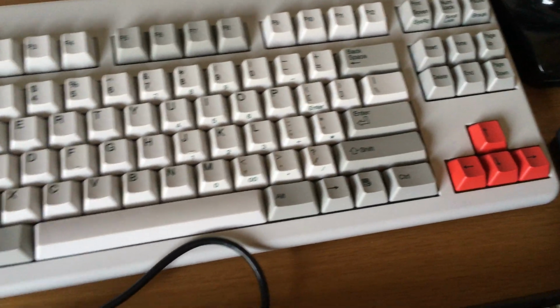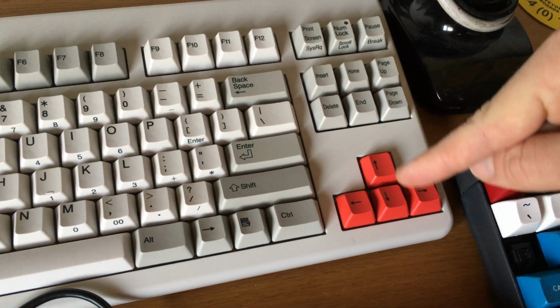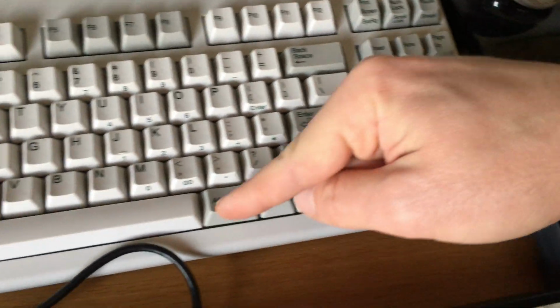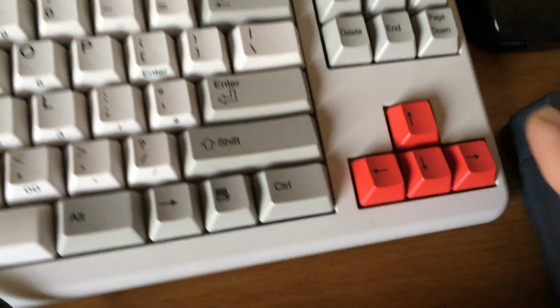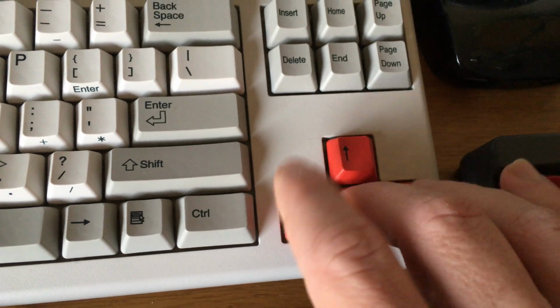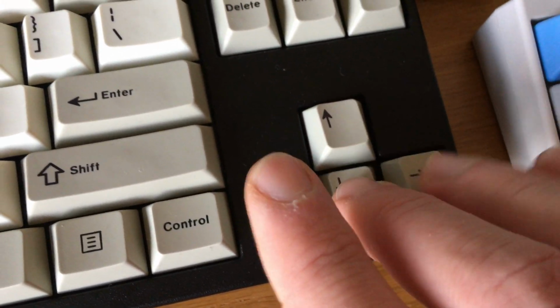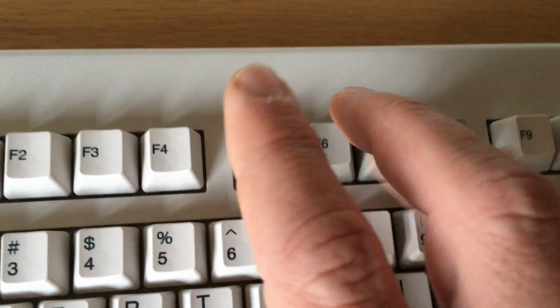The thing is, this Realforce is damped in some keys with some of Hypersphere's silencing rings. I believe the arrow keys and most of the mods, so I remember. So, in other words, it can sound a bit quieter than the Filco. They're comparable, but if I use some keys which aren't damped, I'm pretty sure I didn't damp the function row, there's a lot more